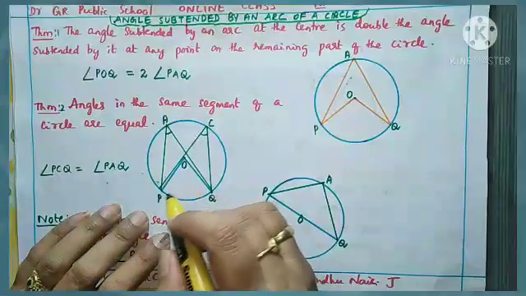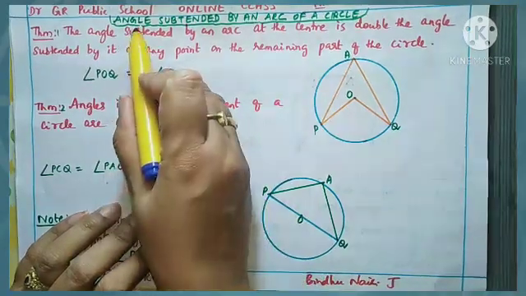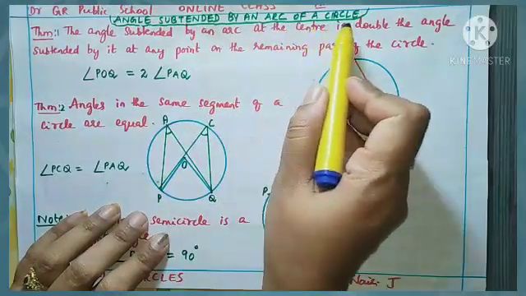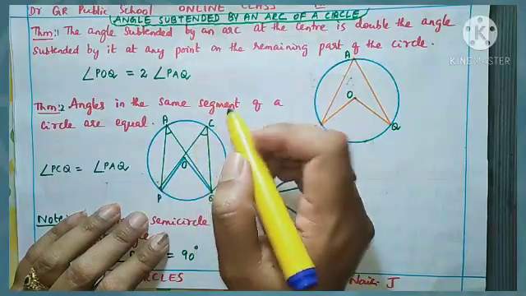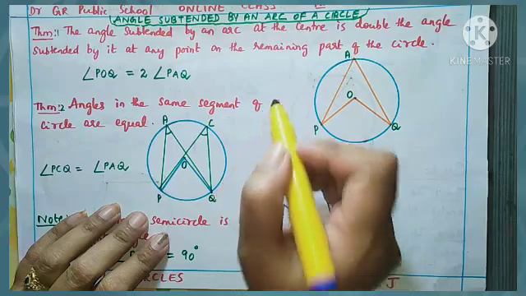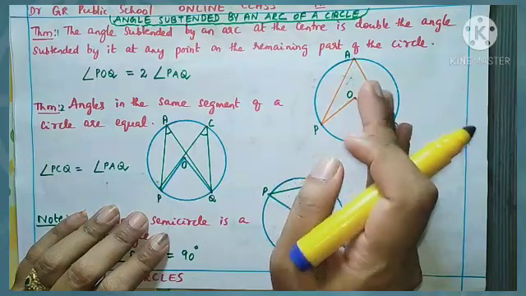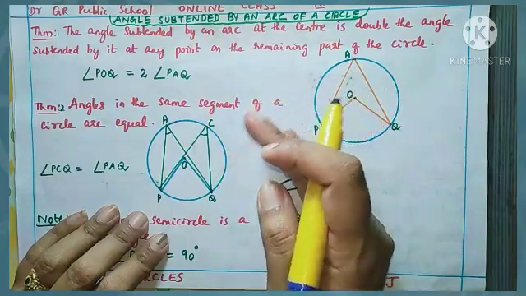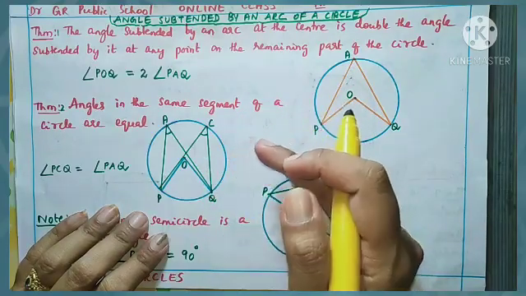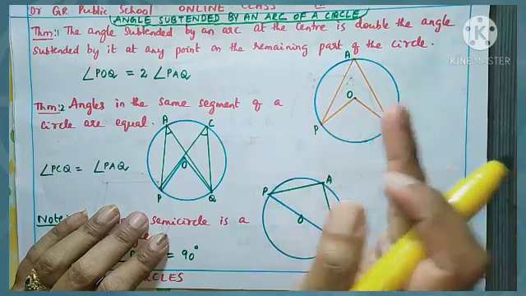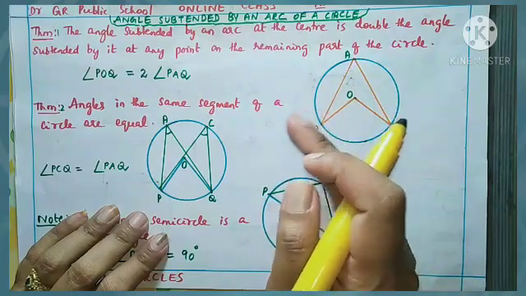Students, we are continuing the lesson Circles with the next part of the lesson, that is, angle subtended by an arc of a circle. So here we are going to see some of the theorems describing the angle subtended by an arc. Already in circles you know what an arc is. So how is this arc subtending? What do we mean by subtending? Subtending means it is making. So how is this arc making an angle with the points on the circle, and what are the properties we are going to see? Let us discuss it.